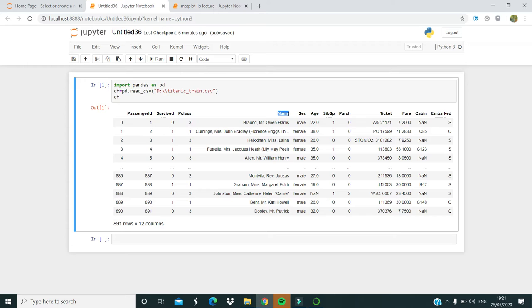So for visualizing the data, we have certain beautiful libraries in Python by which we can plot those data. So I will start from the basics.